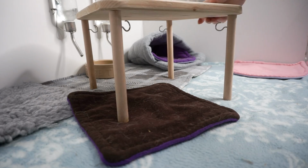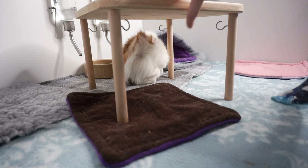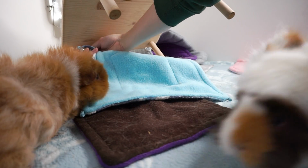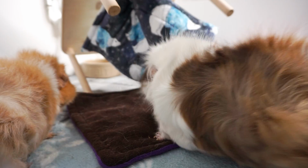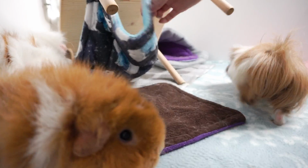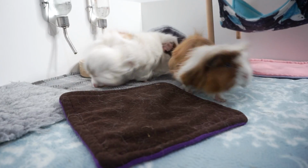I'm also going to use a hammock today. The guinea pigs absolutely love these hammocks and I use them all of the time. A few people have asked about them recently, so yes, we do make the hammocks ourselves. We tend to make them in small batches, and what I've been doing recently is taking reservations for each batch on the lead up to it, and then as I'm sewing the hammocks, they get shipped out